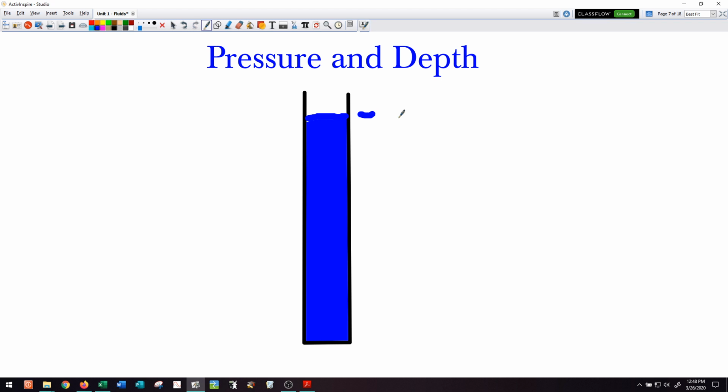So up here at the top, the only stuff above the surface of the water would be the air. And so up here at the top, we would call this pressure number 1. And so that pressure would be the atmospheric pressure, ATM. And down here at the bottom, well, this would be known as pressure number 2, P2. And it would tell you the pressure of not only the fluid, but also